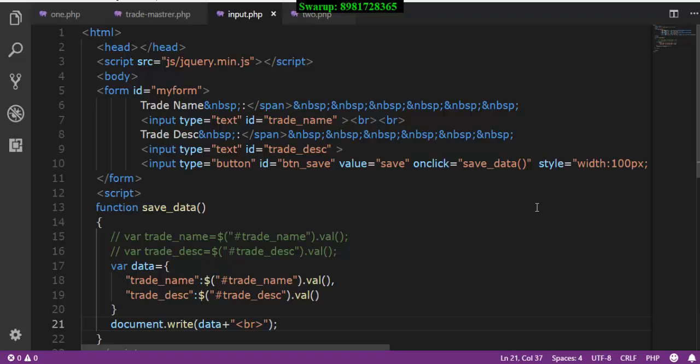I'm going to start a new series on JavaScript Object Notation, in short what we call JSON. I know that there are various videos available where you will find JSON handling explained, but the video series which I'm going to put forward will be completely interactive. That means I'm supposed to provide an input to the user, and how exactly that will be handled dynamically